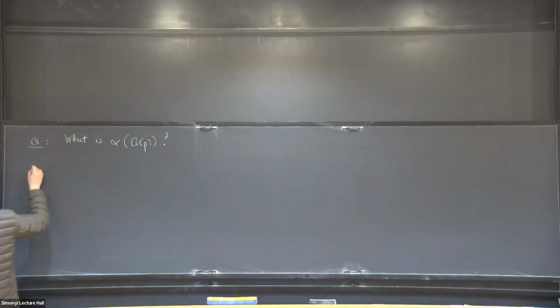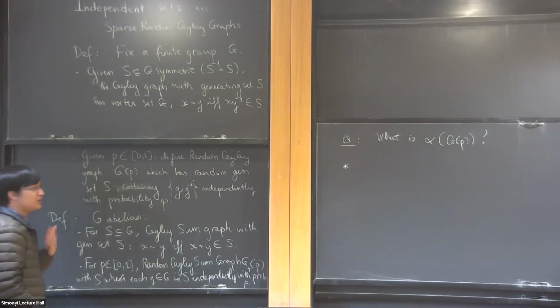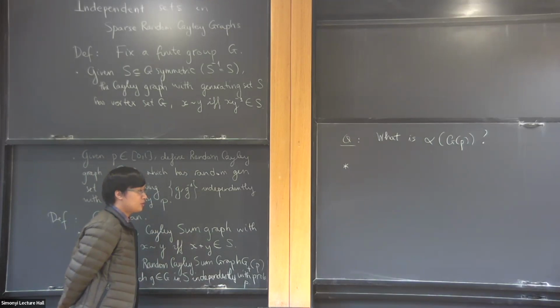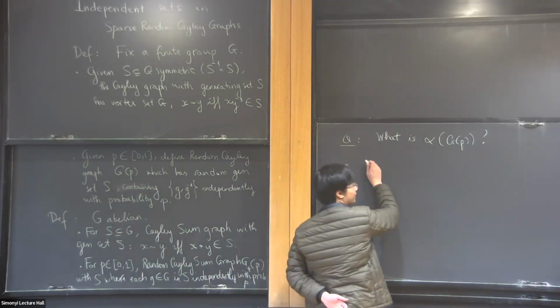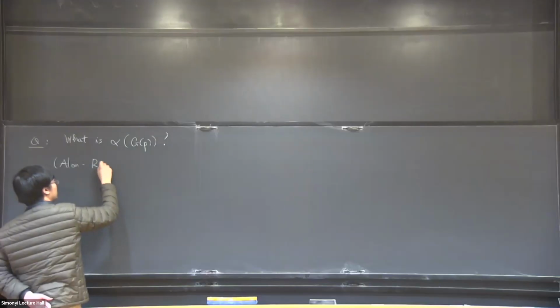So let me start with one good way to produce a general bound on the independence number in a random Cayley graph or Cayley sum graph. This follows from observing that for the random Cayley graph model, it is actually very easy to control its spectral expansion. We can bound the non-trivial eigenvalues of a random Cayley graph or Cayley sum graph even more easily than what we can do for a random graph or a random regular graph. So let me just state here, without going into the proof, a result of Alon and Roichman: